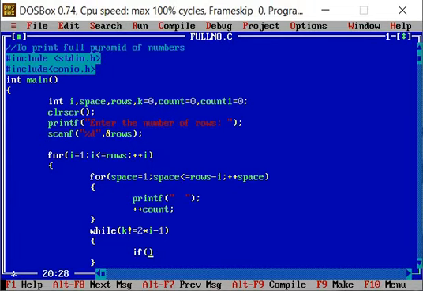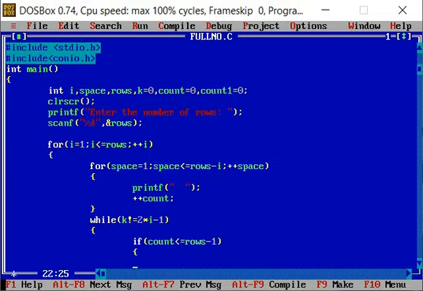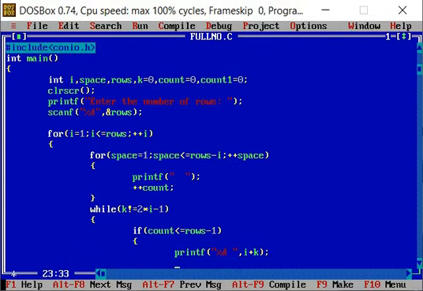If count is less than or equal to rows - 1, printf %d, comma, i + k. We will increment the count.